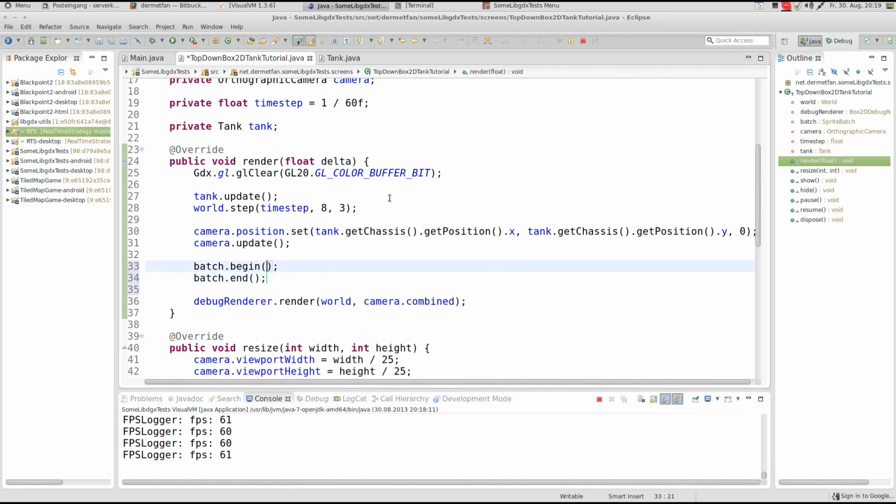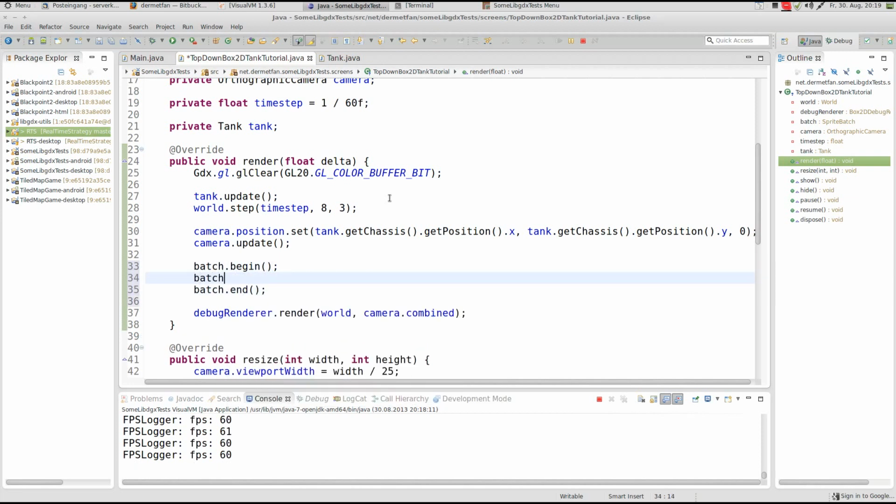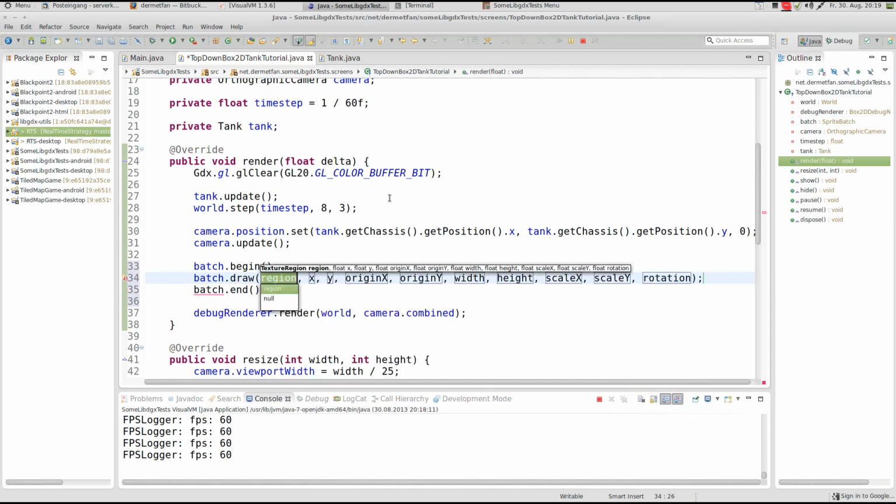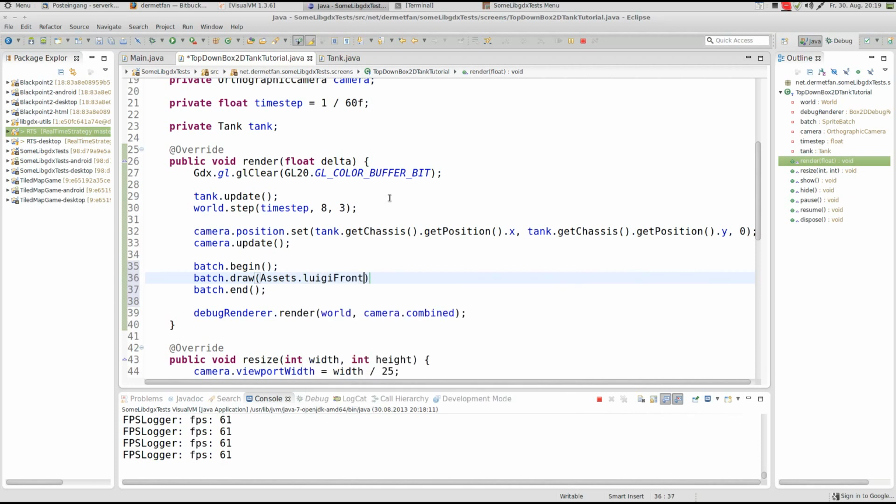batch.end, and draw some random texture just to see where the tank is actually floating around at currently. So batch.draw, and I'll just give it the Luigi image. This assets class doesn't exist for you, of course. You can put it in there in whatever way you want. I'll also give it minus assets.width divided by 2 and minus assets.get height